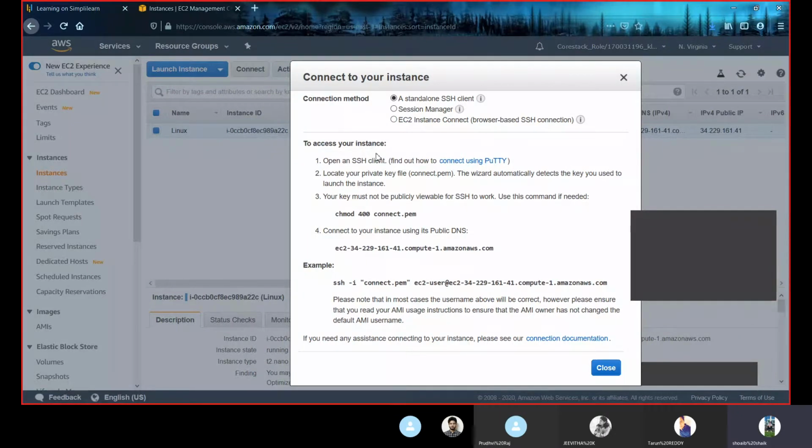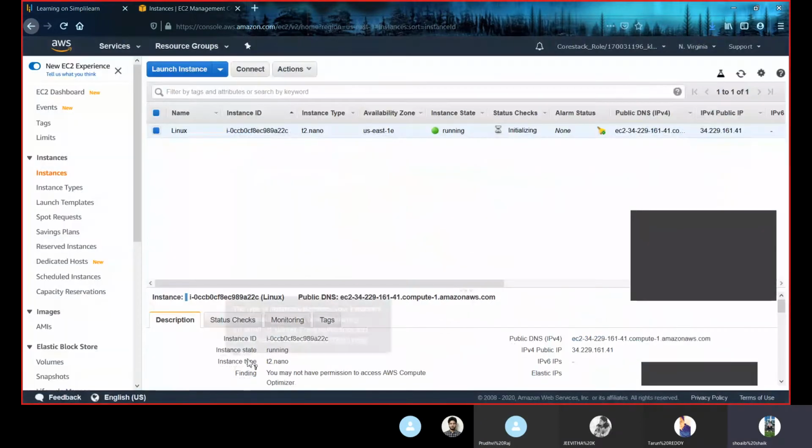Can anyone give some names of such software? Yeah, PuTTY. How many of you know PuTTY? PuTTY is a software we need to download. I have already downloaded it onto my PC. So let us first open PuTTY generator.